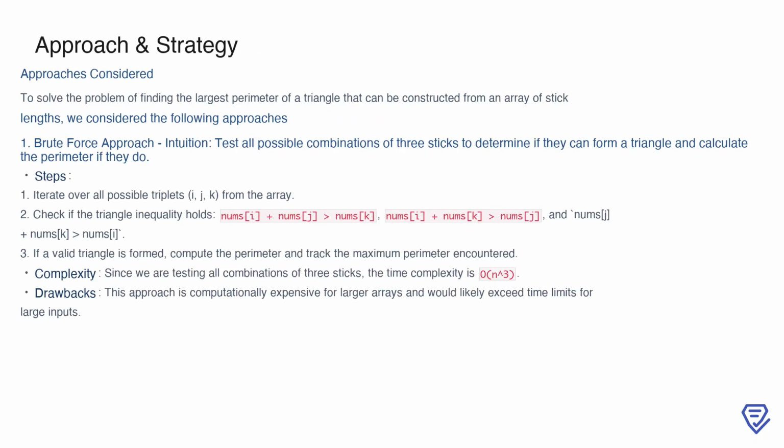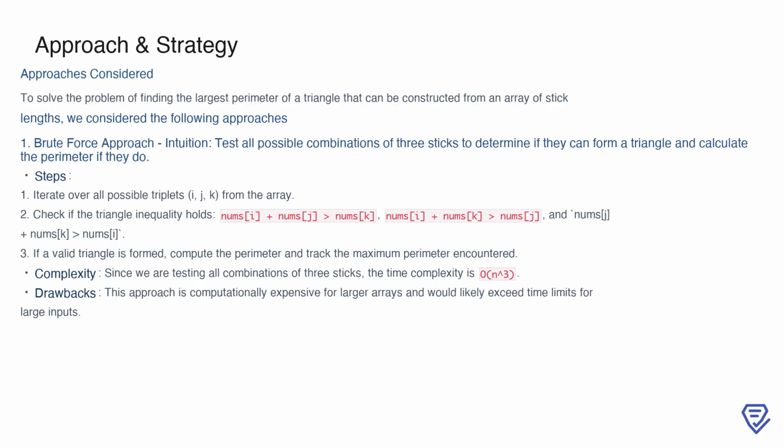To tackle the problem of finding the largest perimeter of a triangle that can be formed from an array of stick lengths, we first considered a brute force approach. The intuition behind this method is simple: test all possible combinations of 3 sticks to check if they can form a valid triangle, and then calculate the perimeter for each valid combination. The steps involve iterating over all triplets from the array, verifying the triangle inequality conditions for each triplet, and tracking